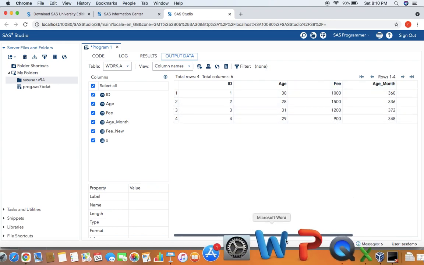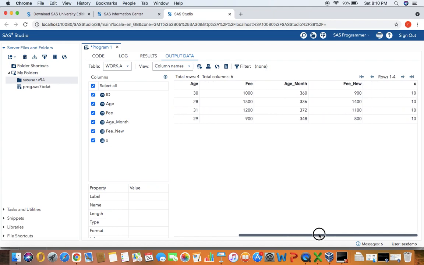Age underscore month is a new column, fee underscore new is a new column, and x is the static column. We said that in x we will have the static value of 10. So for all the rows it is showing up as 10. So this is how we can create new columns.